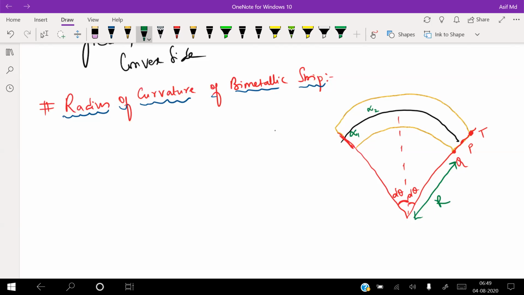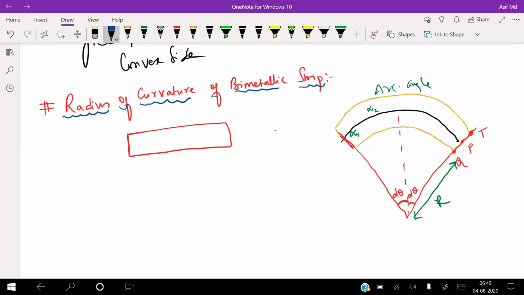Now when it is heated, this is nothing but an arc angle, that is theta. This one is nothing but your arc angle, because it is making an arc. What actually might have been the initial position? So this might have been the initial position of your rod.